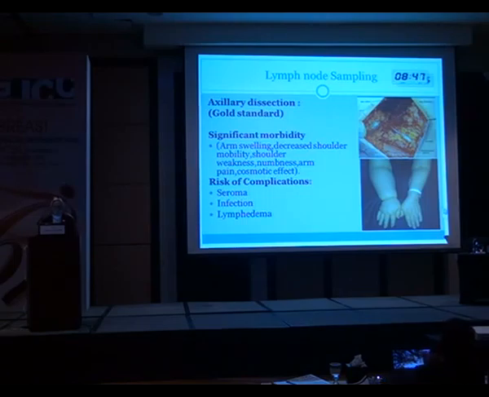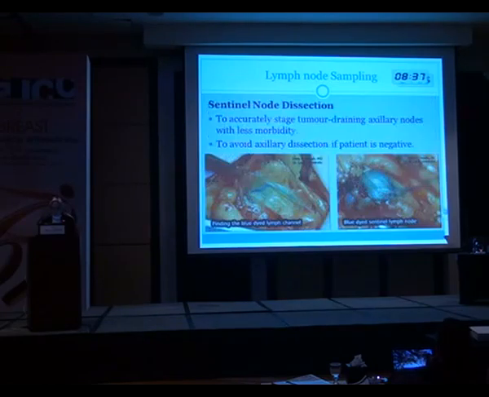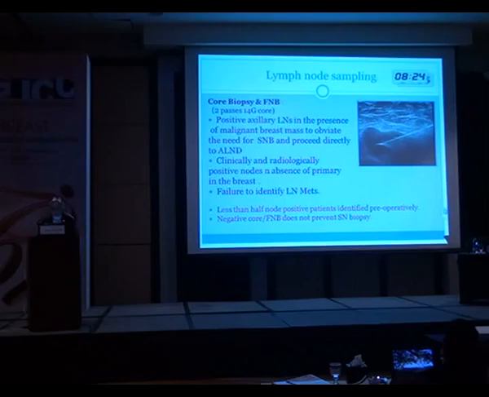But the axillary dissection has significant morbidity, including arm edema, weakness, pain, and cosmetic effect, and is also associated with the risk of seroma, infection, and lymphedema. The second important method is the sentinel node. The sentinel node can accurately stage the tumor draining the axillary lymph node, and avoid axillary dissection if the patient is negative. For core needle biopsy, we use about 2 passes with a 14G needle,